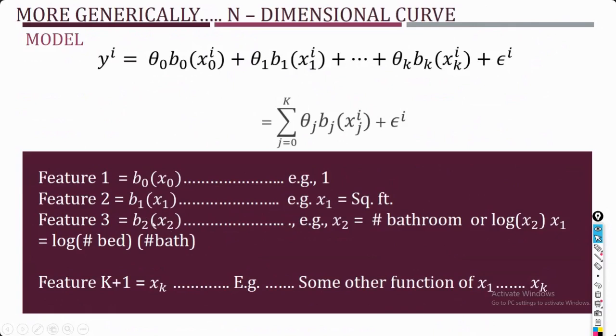And here I'm applying the log function, or some combination of functions, like calculating the log of your number of bedrooms times the number of bathrooms. So here I'm applying some function, so the value of your x2 is going to be whatever you get from it. So you can either use some function or avoid it. This depends on you, and you define it based upon the problem which you are having.